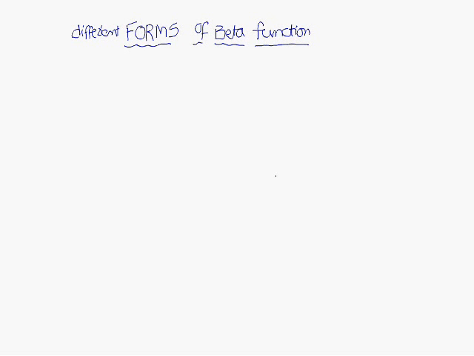Today we are going to discuss different forms of beta function. Different forms of beta function. So first one, beta m comma n